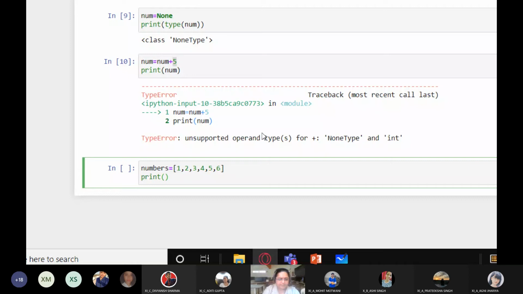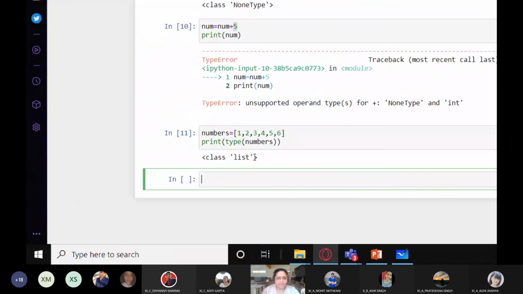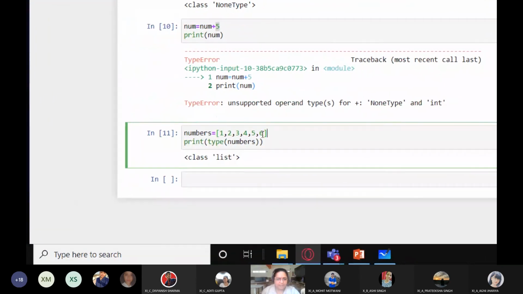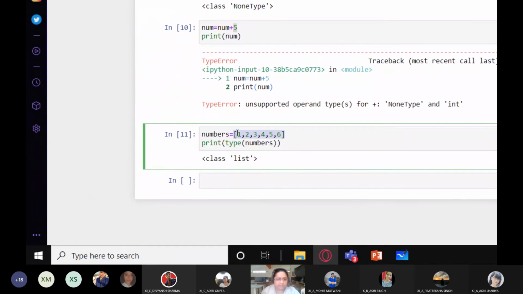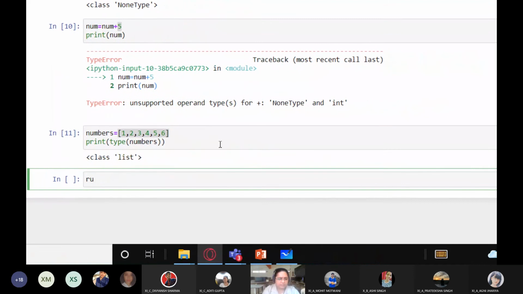If I print its data type, it is class list. And how do you identify a list? You can identify a list by the square brackets within which the values are enclosed. You can create a list of fruits, that is strings also, and you can enclose each of these.